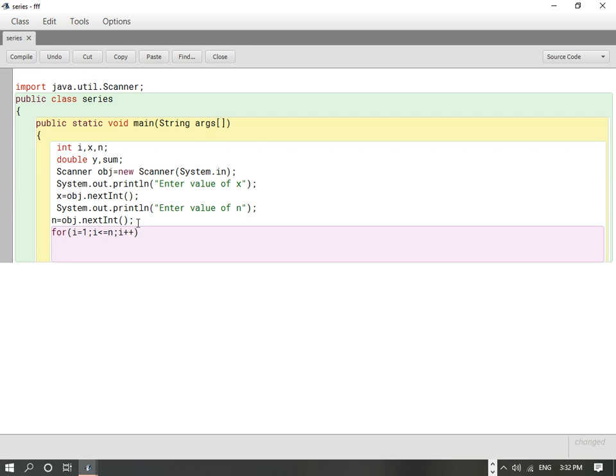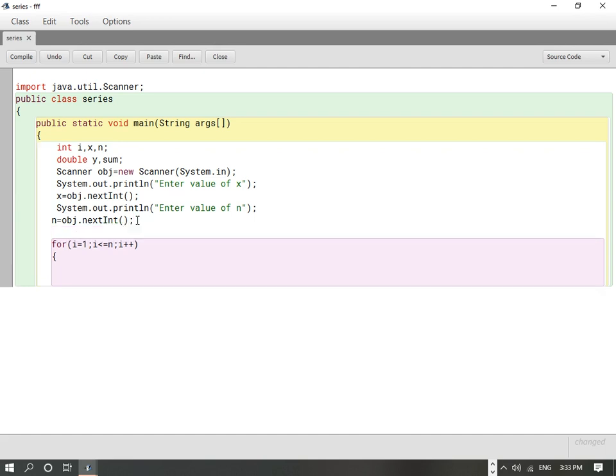Now what we are going to compute over here, first we will compute the powers of x with each value of i. So here x to the power 1, x to the power 2, x to the power 3, the first thing is we will compute that, and those values will be summed up and stored in the variable sum. So here again we will assign a value 0 to the sum, otherwise the compiler will assign a garbage value to the variable sum.